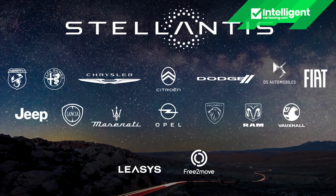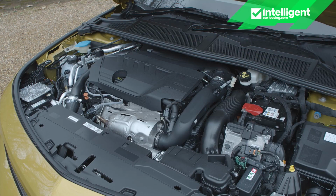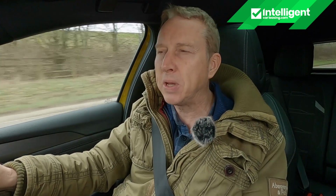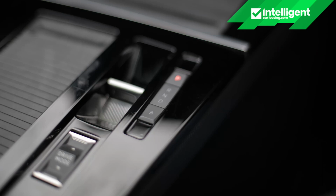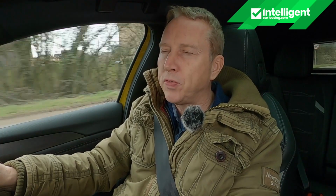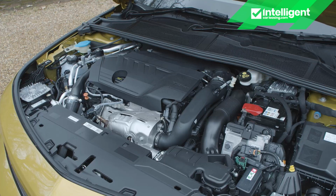The powertrain on offer here is the usual one that the Stellantis group fits to its plug-in models. A 1.6 litre turbo petrol unit producing 148 horsepower, allied to a single electric motor delivering the same output. The combined maximum in the mainstream Hybrid 180 variant being 178 horsepower and 360 newton metres of torque. There's an 8-speed auto gearbox, and the electric motor is powered by a 12.4 kilowatt-hour battery,